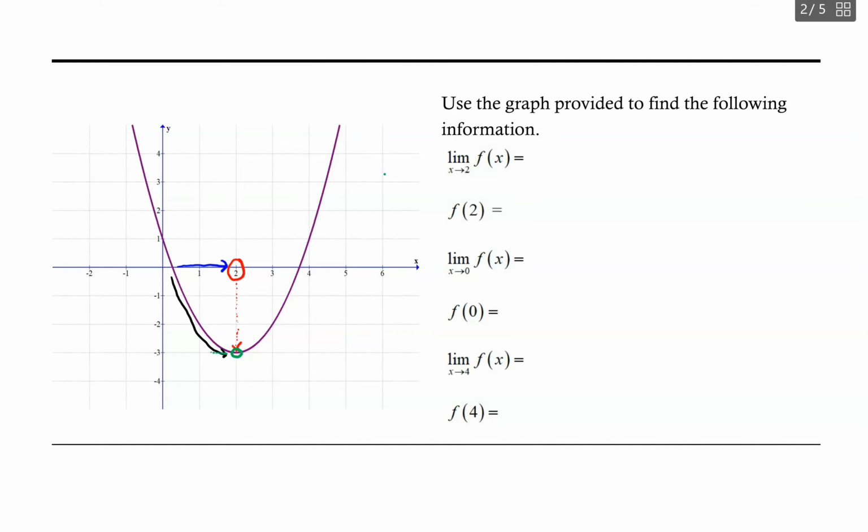And so what we can see is that from the left, my function values are decreasing until we get near -3, and then they start to increase. So the limit on the left is -3, and then the question is, does the same thing happen on the right? So we can look at the x-axis to the right of 2,